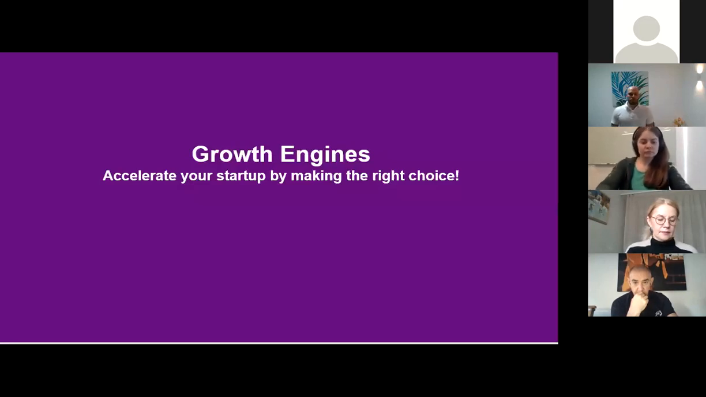Growth Engine. Accelerate your startup by making the right choice. Everyone is hoping for a viral growth, but it rarely happens. Before spending your marketing budget on promotions, it would be wise to choose one of the 3 growth engines and